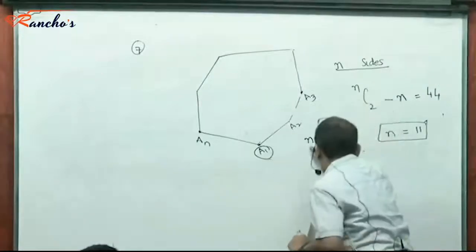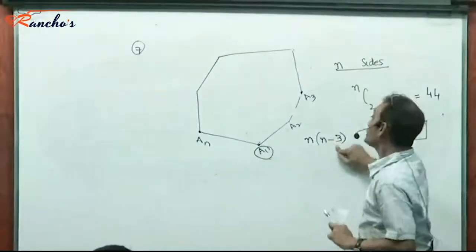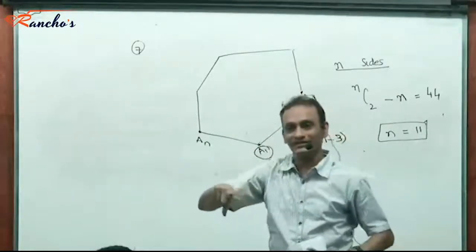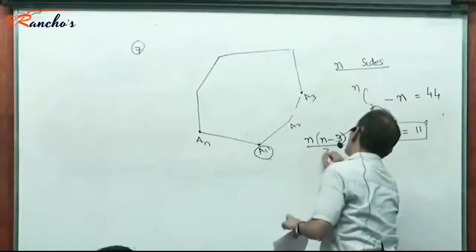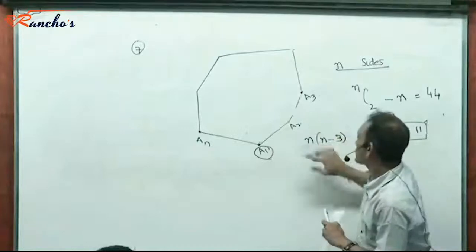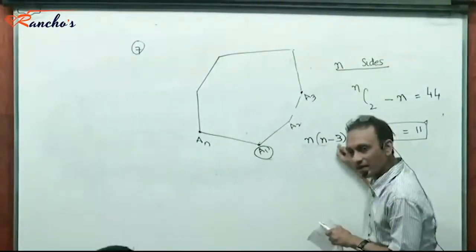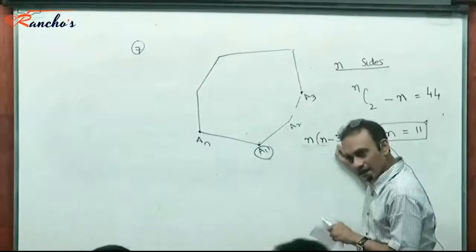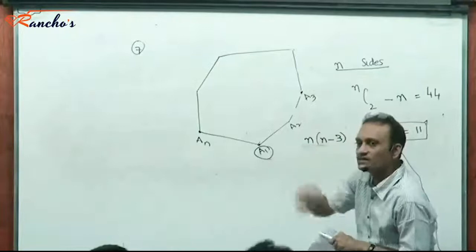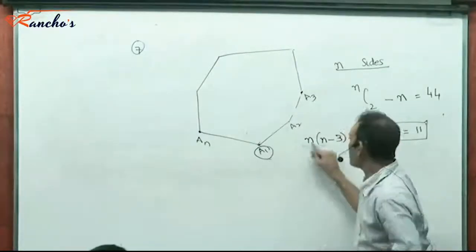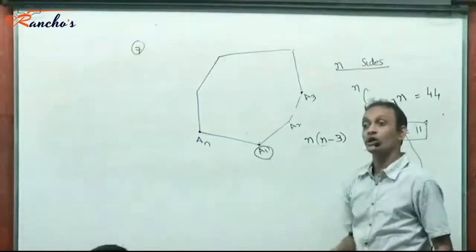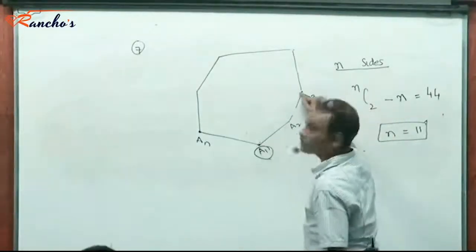Yes, because this includes the case in which A1, A3 and A3, A1 both are included. Right? So you want to divide this by 2. See, this is the number of ways in which, I hope you realize, if I select A1, the remaining can be selected in n minus 3 ways. So for each vertex, there are n minus 3 ways in which the second vertex could be selected. So for n vertices, there would be n into n minus 3 ways in which the second vertex could be selected. But this includes the case in which I have selected A1, A3.